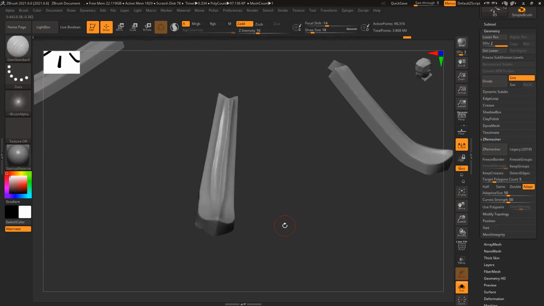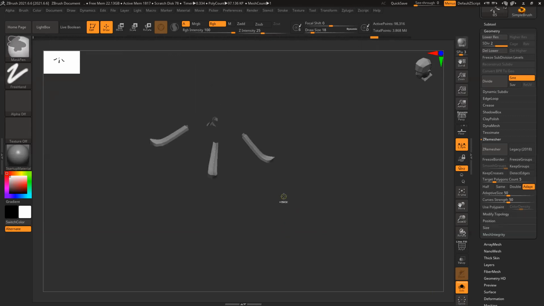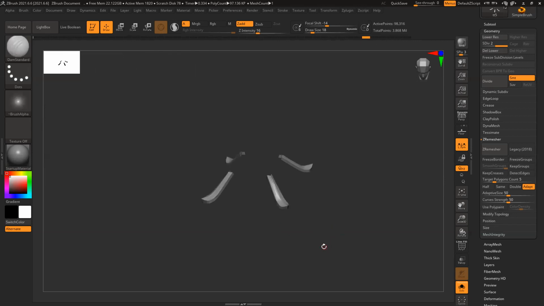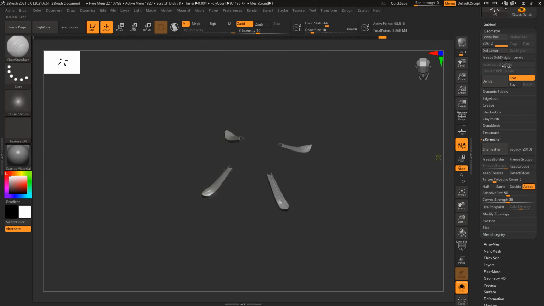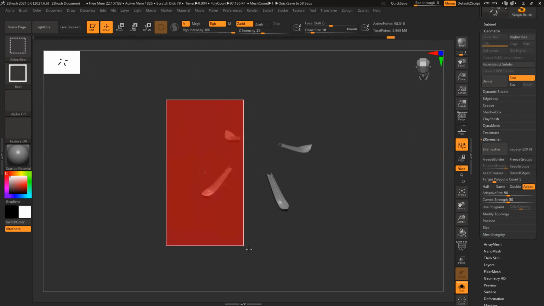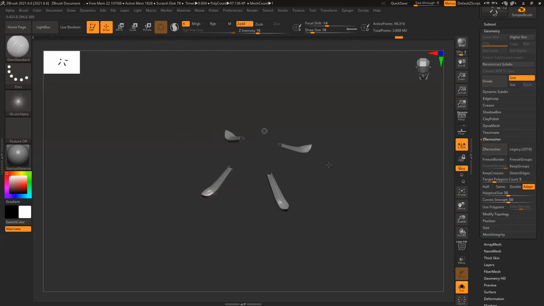I should have created this thing in symmetry only, because I can see it's coming out really bad. So what I'm going to do is Control Shift Alt, switch off symmetry, Control Shift Alt, hide them. Sorry.